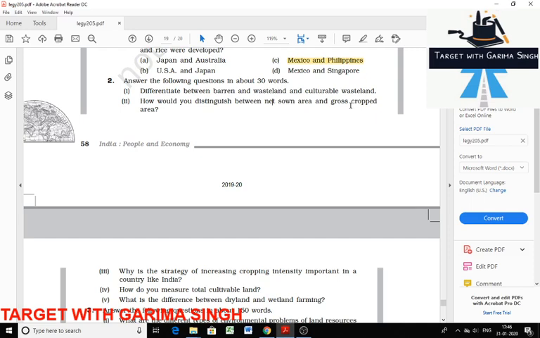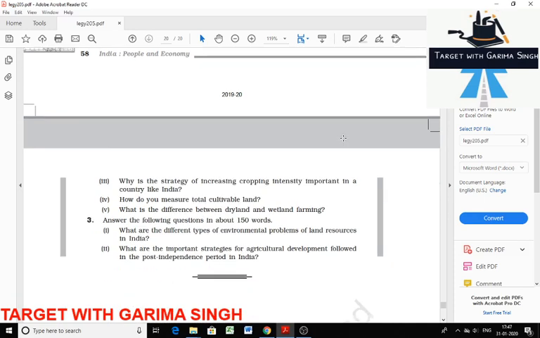Gross is the total in a year, how many times you have cultivated on that particular area. Net sown area does not take into account multiple cropping, but in gross cropped area multiple cropping is taken into account. Next is